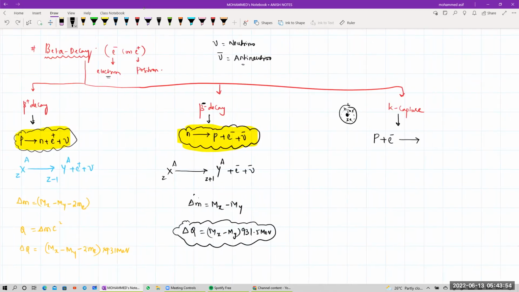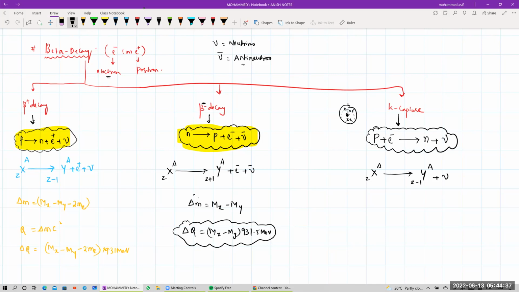So when the proton eats the electron, or reacts with the electron, it will give you the neutron plus a neutrino. That means X, Z, A will disintegrate into Y by liberating energy in the form of radiation, whose atomic number decreases by 1, and mass number will not change, with the liberation of a certain amount of energy, nu. So what is happening in K capture? The proton reacts with the electron to form a neutron with the liberation of energy in the form of nu. That means X(Z, A) will give me Y(Z minus 1, A) plus nu.